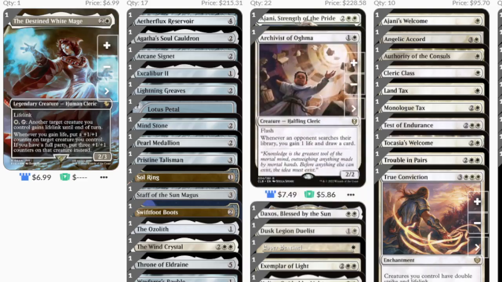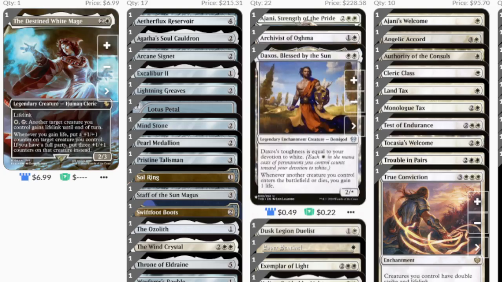Archivist of Agma: whenever an opponent searches their library, you gain a life and draw a card. Really good for certain decks versus others, especially if your opponent's playing green. Daxos, Blessed by the Sun: whenever another creature you control enters or dies, you get to gain a life. That's an instant life gain. Or have a creature enter, gain a life, just by Destined White Mage